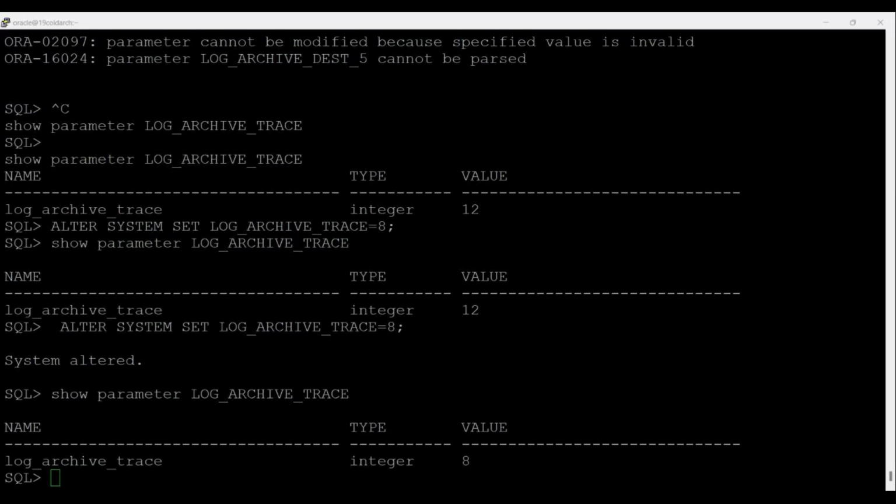Learn log_archive_trace parameter. I didn't get you, Vishwajit. Means this is a new thing you learned, you want to say this? Okay, thanks, Vishwajit. Okay, so I'm stopping this recording, and